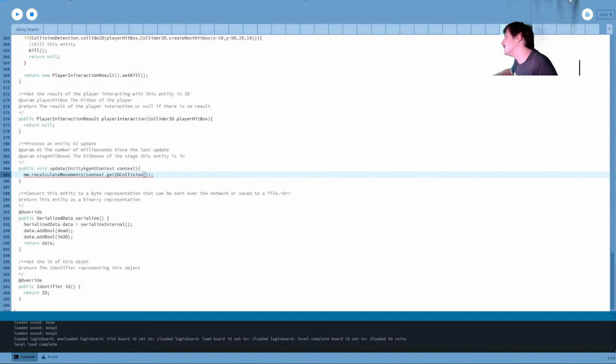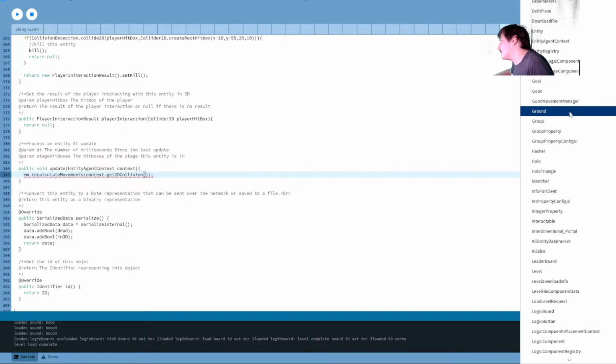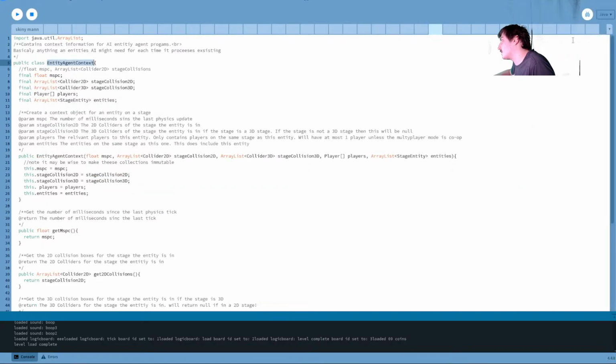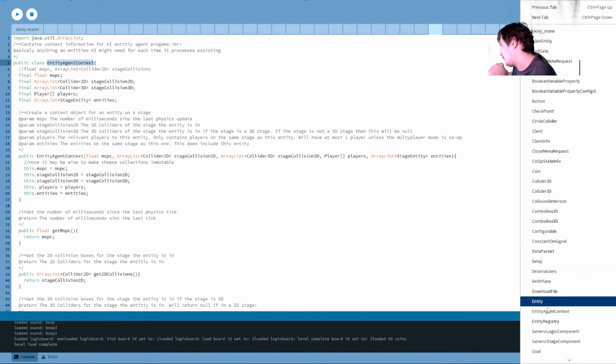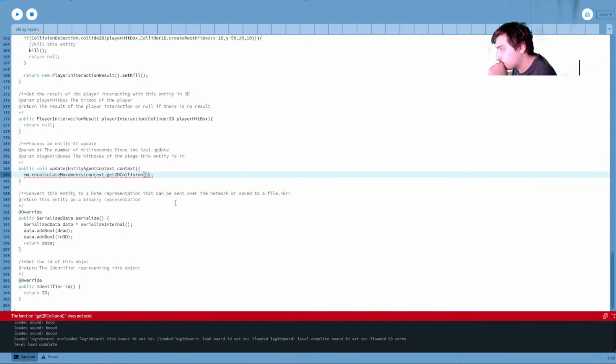What did I call it? Entity agent context. Collisions, plural. Yeah, okay, and that's all this should need.